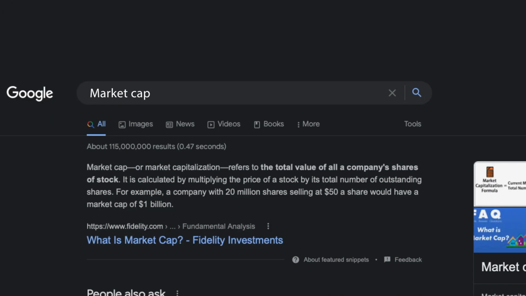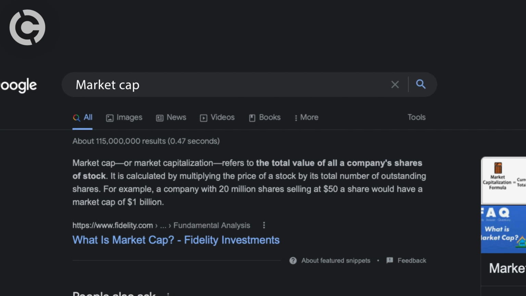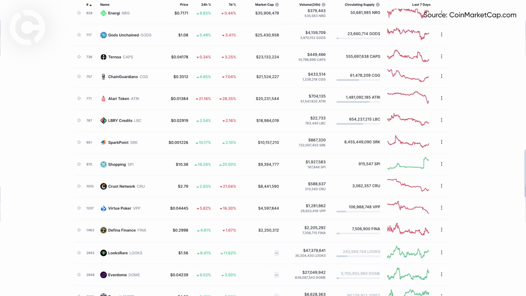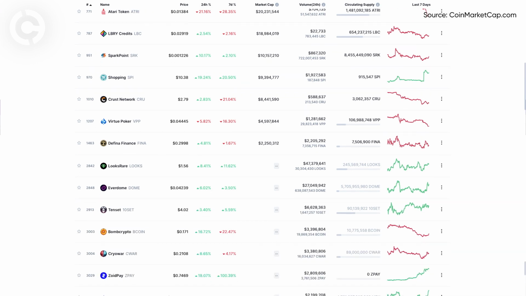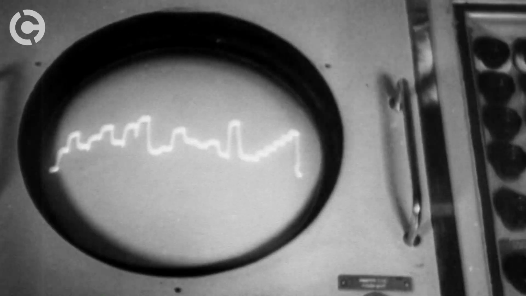Market cap is basically the total value of a cryptocurrency's available coins. Coins with a low market cap are generally in the early stages of development and have greater potential to deliver sky-high profits as they grow. Who doesn't like the sound of that? But be warned, they're also usually volatile and there's a higher risk you could lose your entire investment.